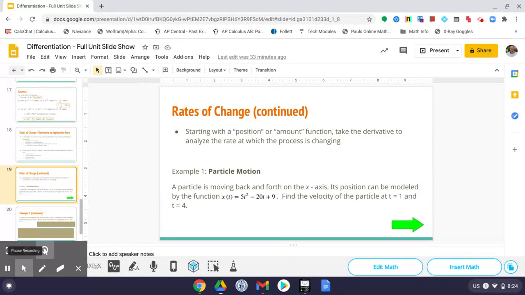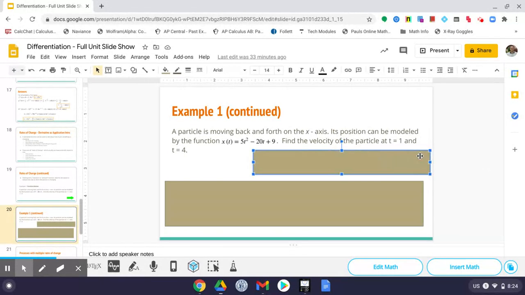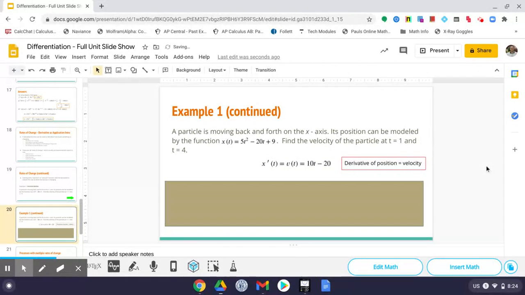And then we're actually going to talk about what those values mean and how we can use them specifically in this scenario. So the velocity is one of the major applications of derivatives for us throughout this year. And so here's the question again. The very first big piece of information that we're going to learn with particle motion is that the derivative of